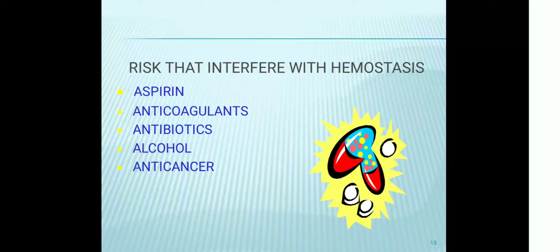Anti-cancer drugs. It is very important to note because some patients have leukemia under this category. So ask the patient what drugs they are taking. The commonest drugs which interfere with bleeding are methotrexate, 5-fluorouracil and cyclophosphamide. So always ask the patient which drug they are taking, for how long they are taking it, and what their reports are.